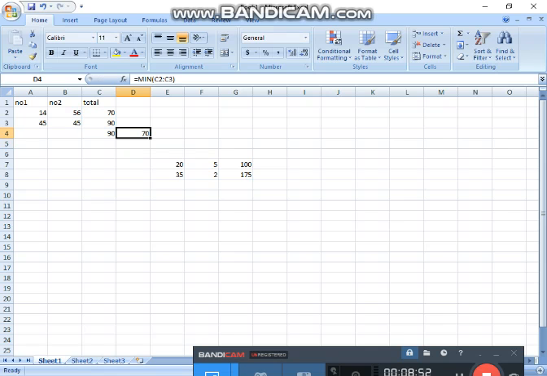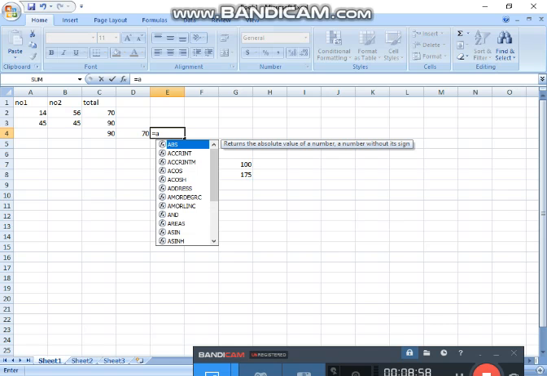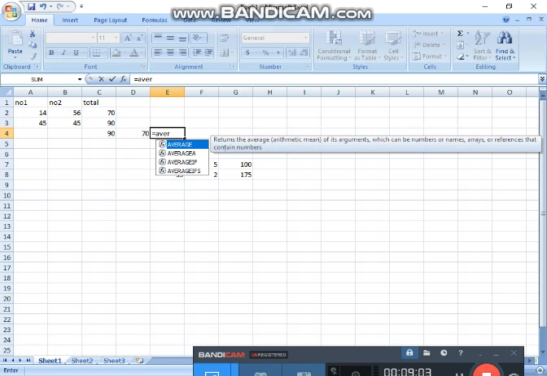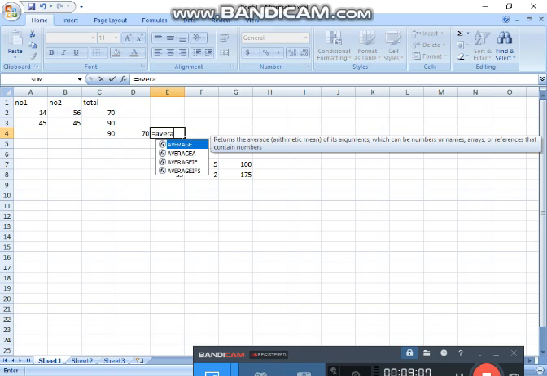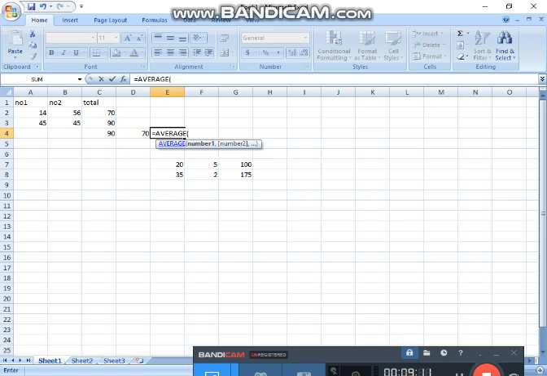Okay, so it will show the minimum value, and for finding the average value, equal to average, then click cell address C2 colon C3, closing bracket, enter. So it will show the average value.